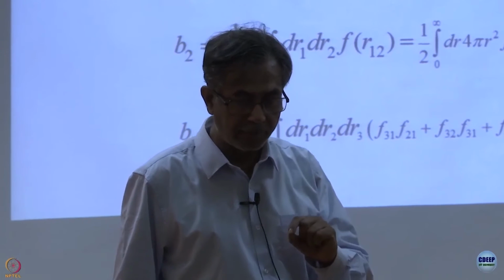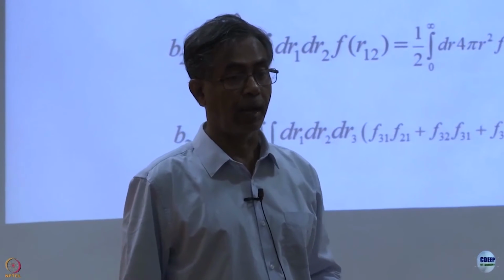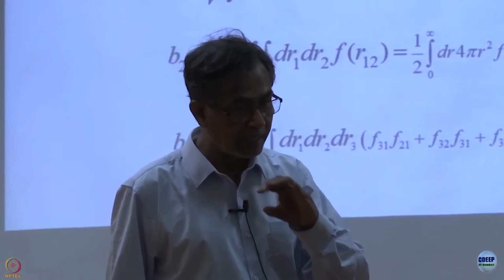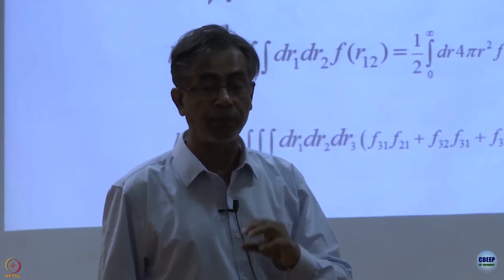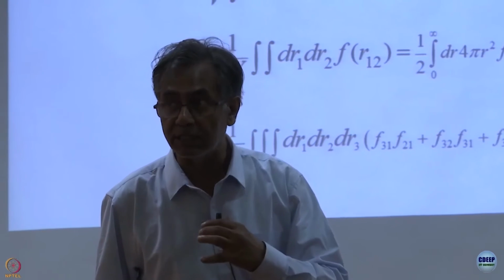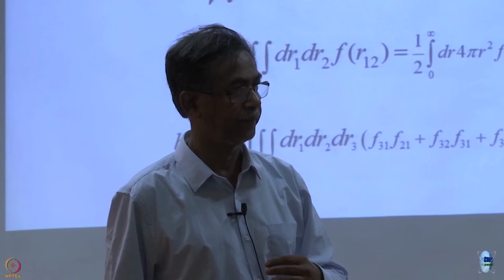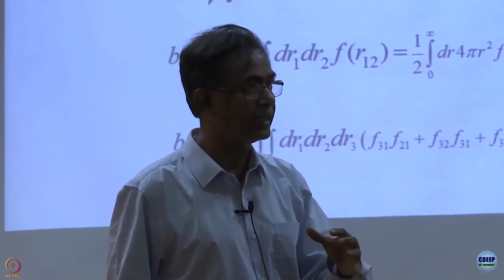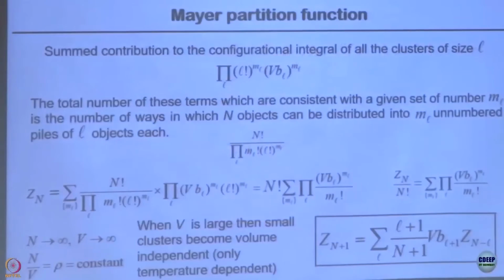So, when I have a 2 particle cluster, I put L equal to 2. I have a 3 particle cluster, I put L equal to 3. Now, for L equal to 3, I have the 3 particle clusters, and the number of 3 particle clusters in my box labeled 3 is M3. And this is exactly the way this problem is done in combinatorics. When you do that,